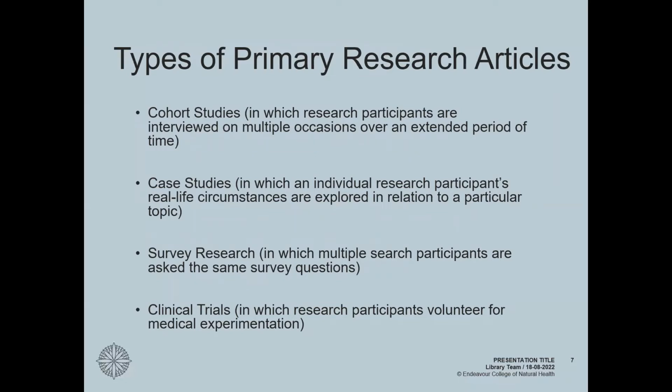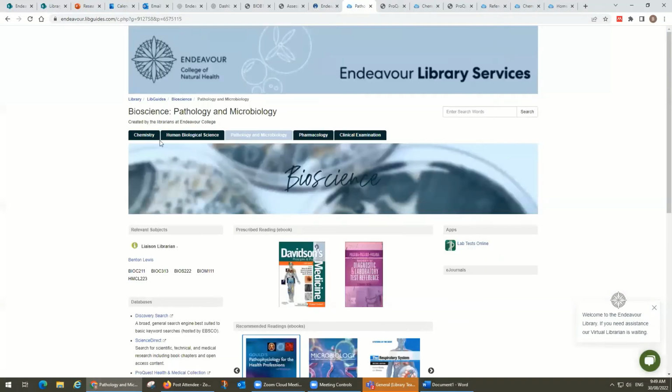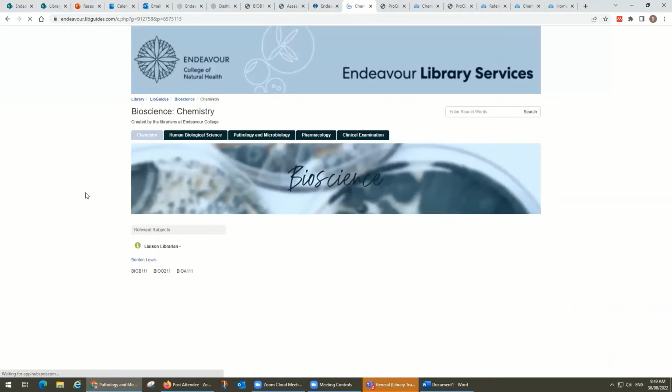Types of primary research articles that would be appropriate for health sciences are things like types of studies, particularly case studies or cohort studies, but also randomized controlled trials or other types of clinical trials, and potentially some types of surveys. So in the context of this, if we actually go to the chemistry page, there's a very brief breakdown of